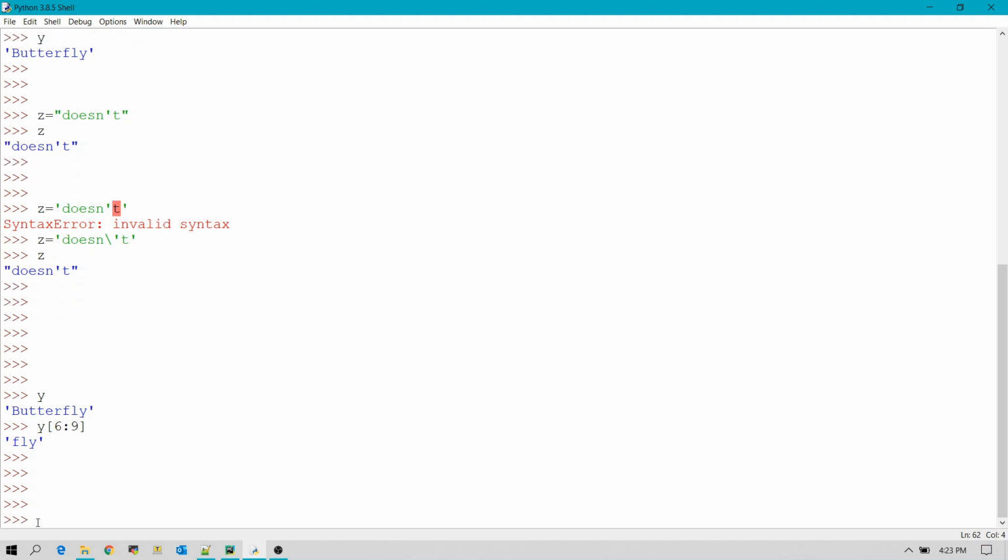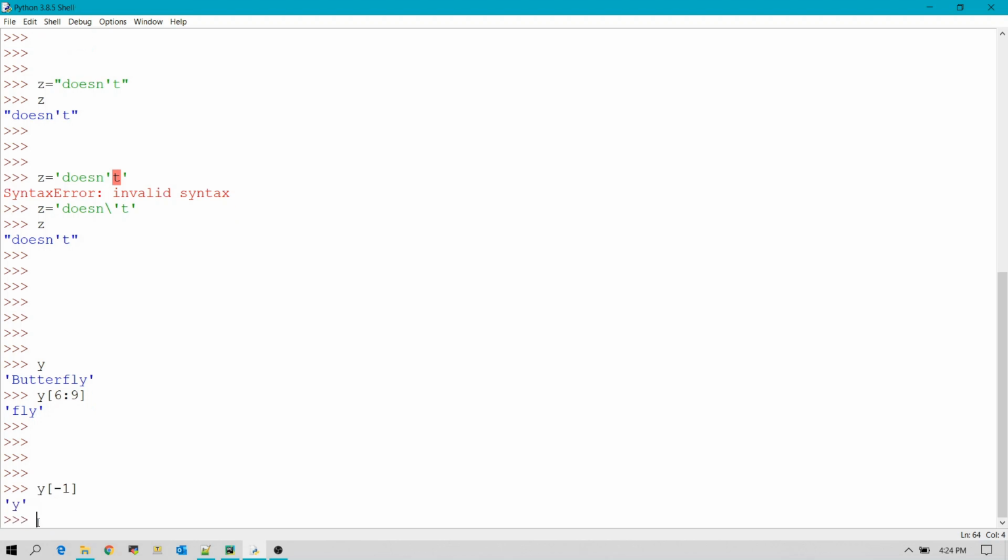Next, let's say we don't know how lengthy a string is and we just want to print the last element of the string. Like we just wanted to print y, but we don't know the length of the string. What we can do is write the variable name, open a square bracket, and then write -1. This tells it that you want to access the last element of the string, which is y. So with this, let's end this video here, and I'll be providing you with some sample questions just to brush up what we have learned so far.